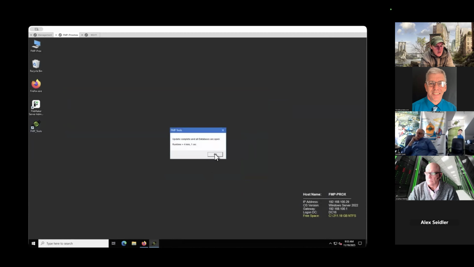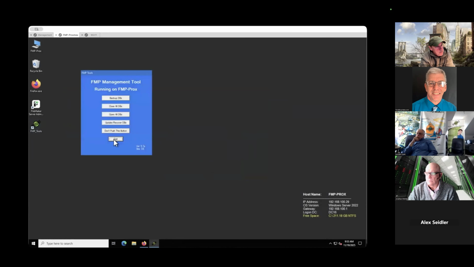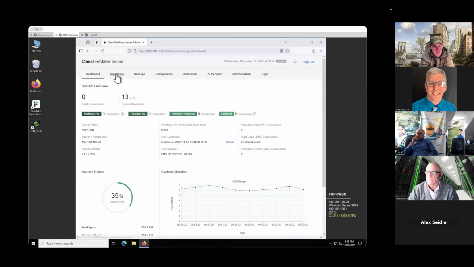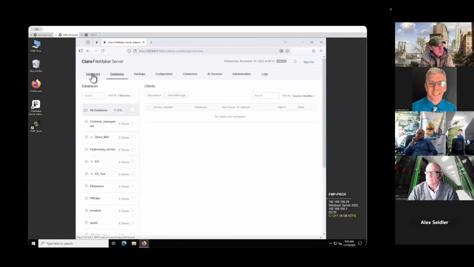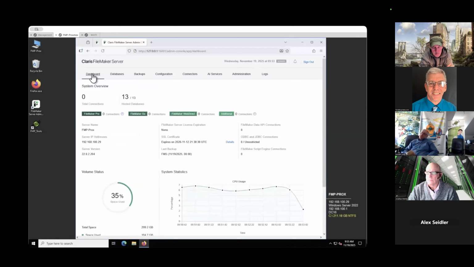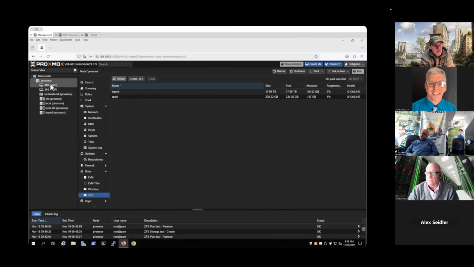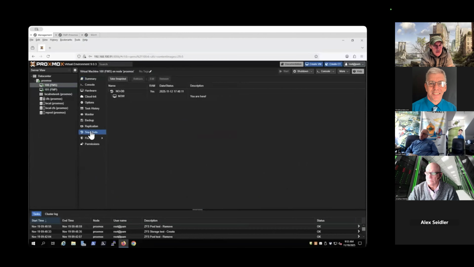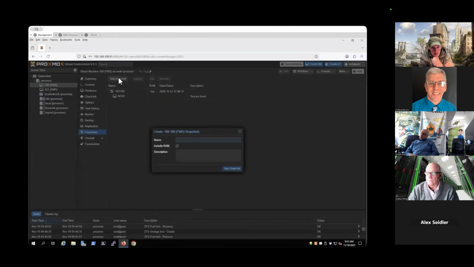So now we can see on the admin console that all 13 of our databases are open and available. So now we're going to show you one of the benefits of ZFS snapshots. So we're going to go over to the Proxmox console. We're going to select the server, go down to snapshots. We're going to click take a snapshot. And we're going to make sure that the include RAM checkbox is checked.